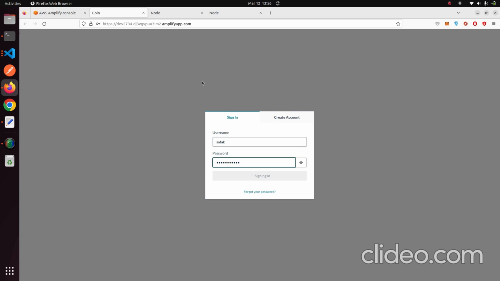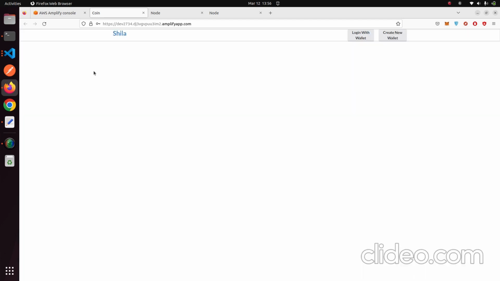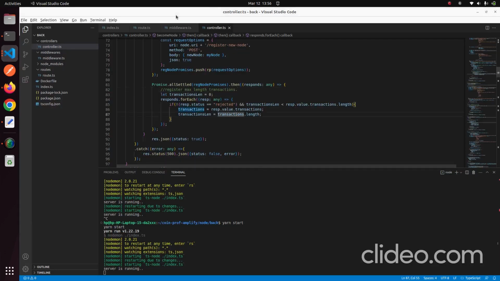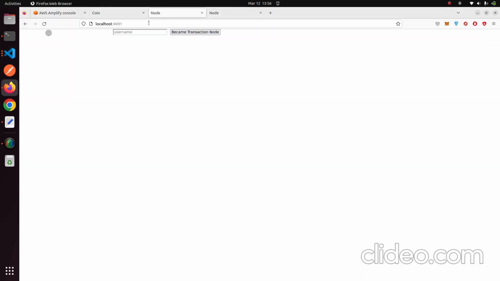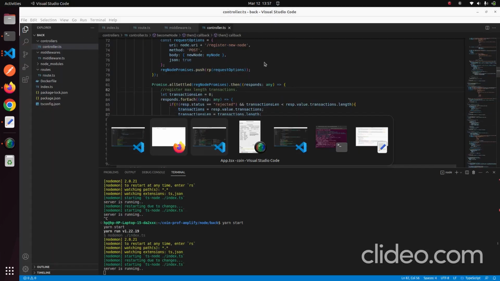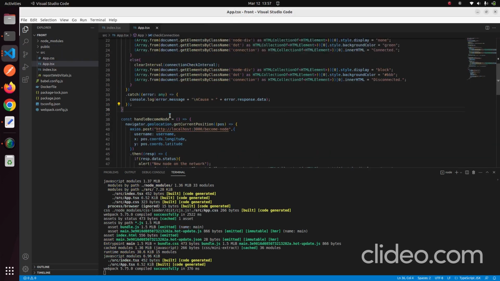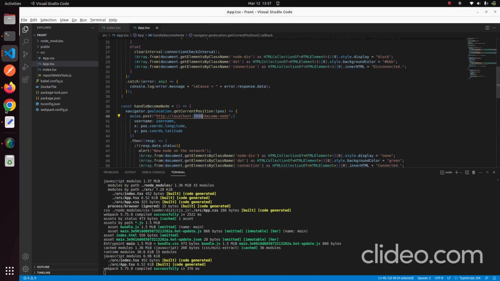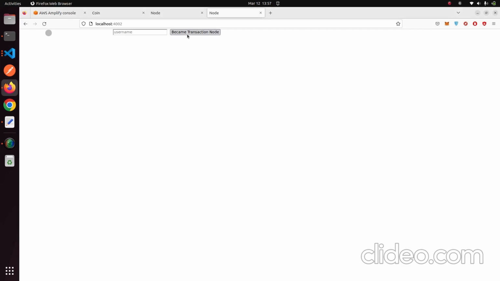I am logging in with my account. Now this is the centralized coin project, not decentralized yet. There must be nodes in the network, of course. So on my PC I want to work with two nodes and connect them to the network. Now if I click here,